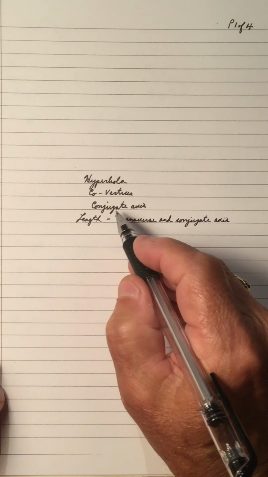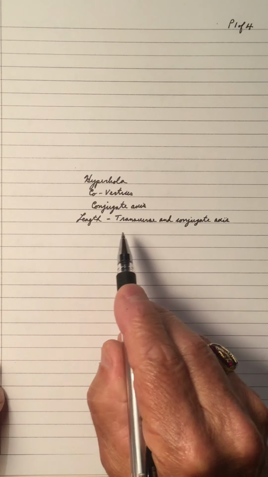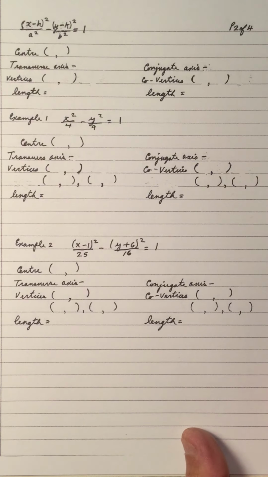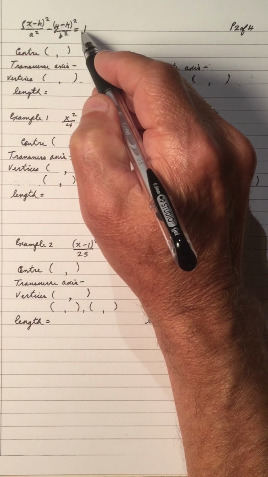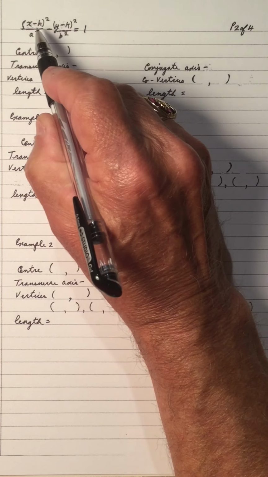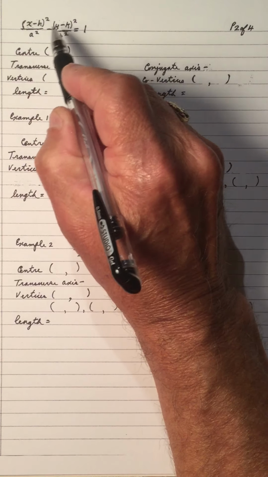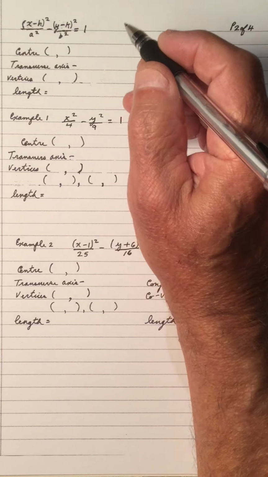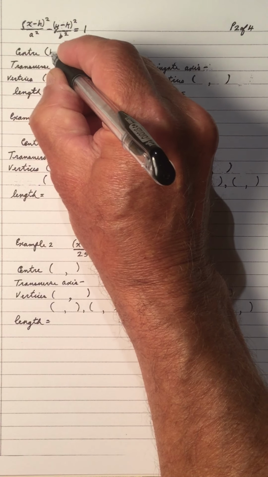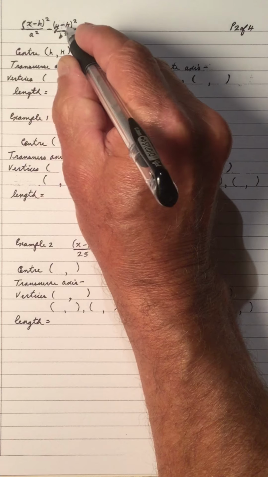Hi, welcome to my video on hyperbola in relation to its co-vertices, conjugate axes, and the lengths of the transverse axis and the conjugate axes. We have an equation which is in transformational form, and notice we have an x squared and a y squared with a plus and a minus, so we have a hyperbola. So the center of this hyperbola is h, comma, k, which is the opposite of